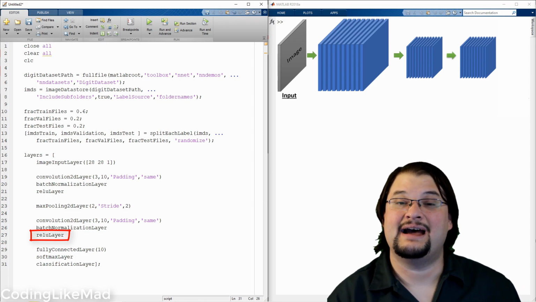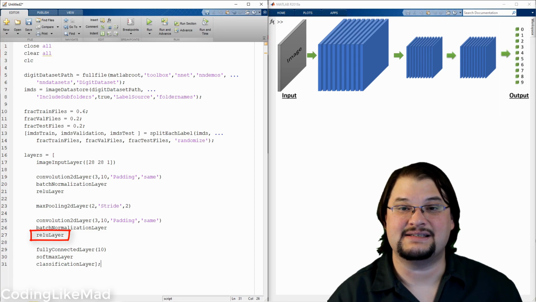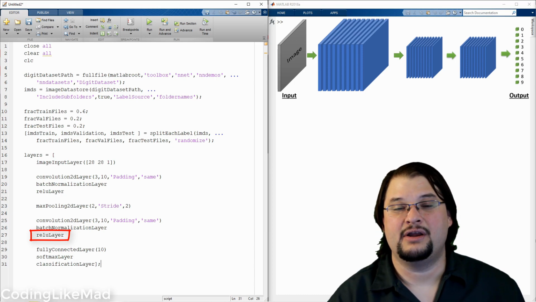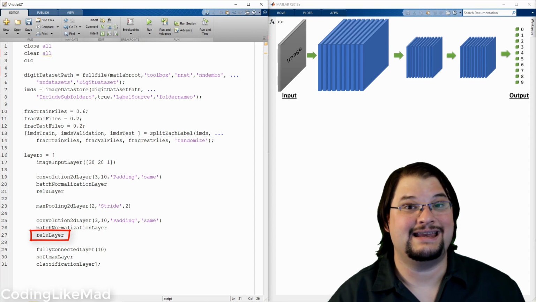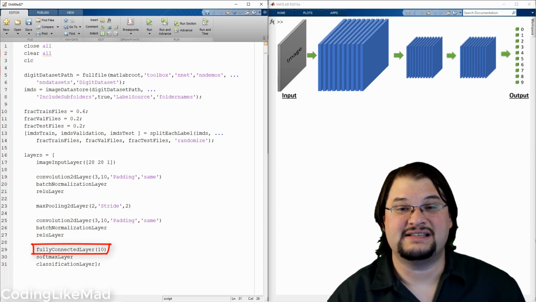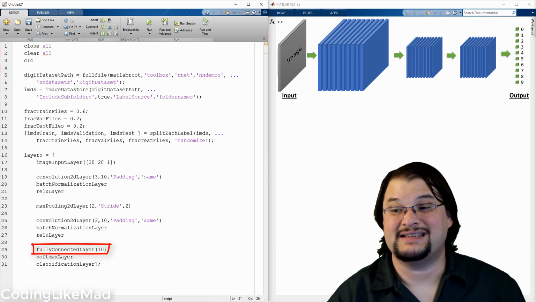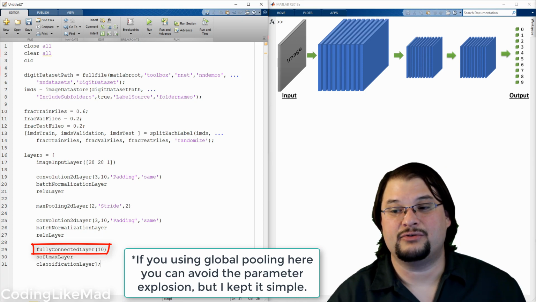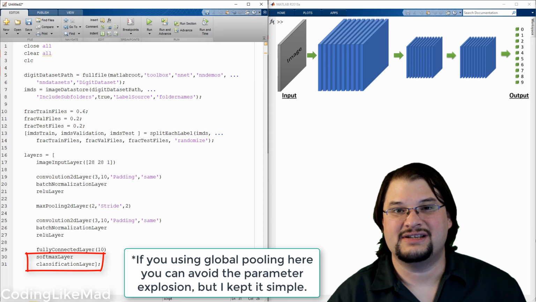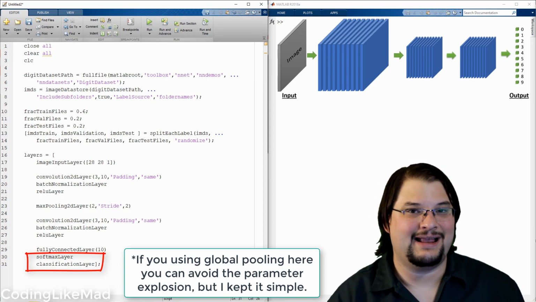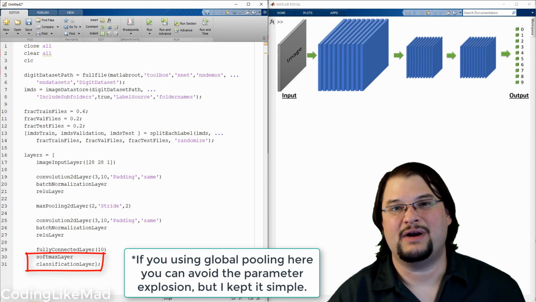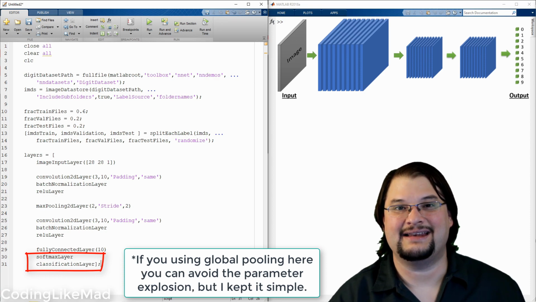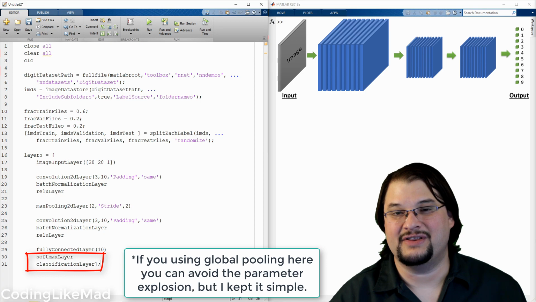We finally need to have an output structure which matches the number of classes. In this case, we have the digits 0 through 9, so we have 10 output classes, and we have 10 output nodes for the fully connected layer. This fully connected layer has neurons connected everywhere in the underlying image, so this results in an enormous number of parameters to learn. We run this then through a softmax layer and a classification layer, which essentially are responsible for both telling MATLAB what kind of cost function it should be using, as well as making sure that the probabilities are being correctly calculated at the final step for the cross-entropy cost function that is being used behind the